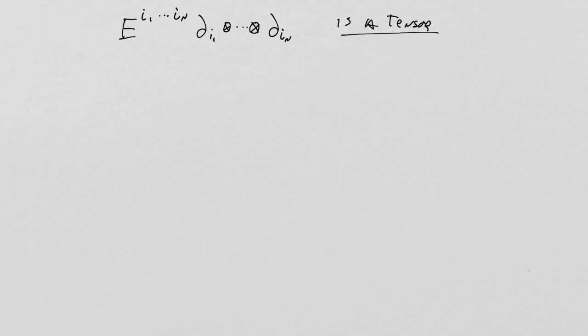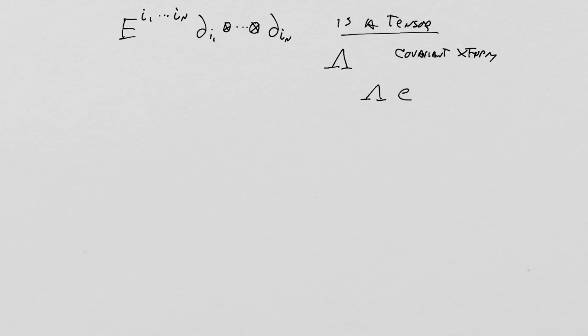We can actually lower the indices with a linear transformation. So we know the linear transformation lambda, which is what we're going to call the covariant transform, which means that